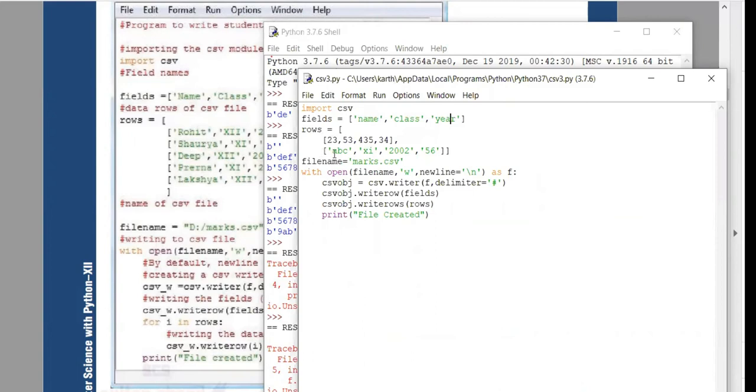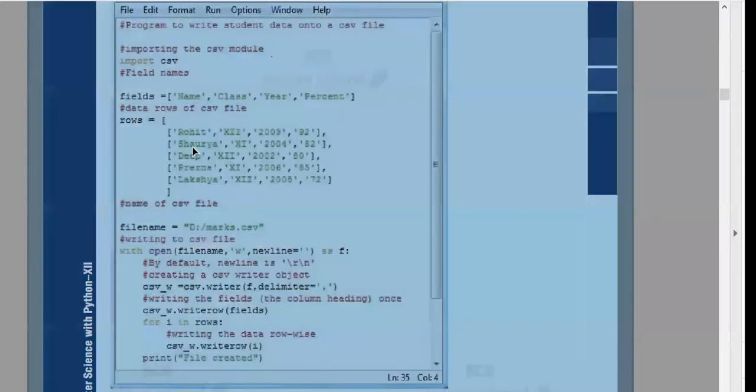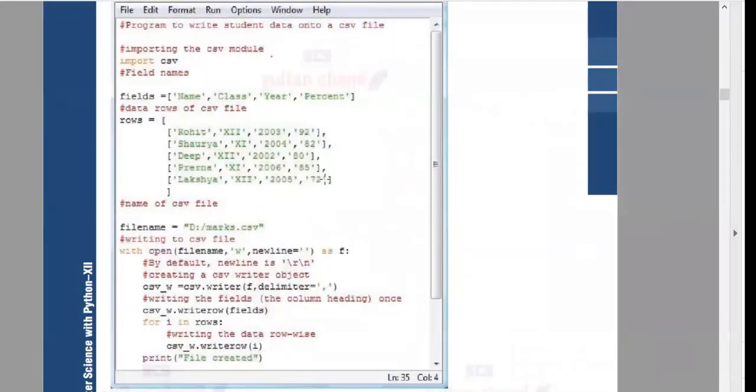See, another thing I wanted to tell you is that everything here is within the quotes. Each and every piece of data is within the quotes. Here, the quotes need not be written. It is optional for the numbers alone. But when you have a string, the quotes must be written, because if you write it without the quotes, it is treated as an object, and the Python interpreter is going to report an error. What is the value for Rohit?